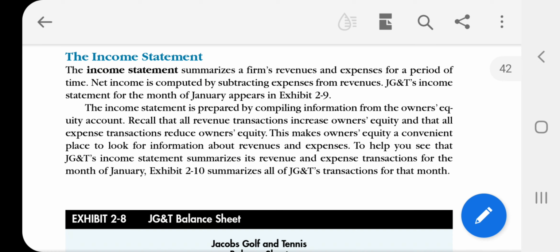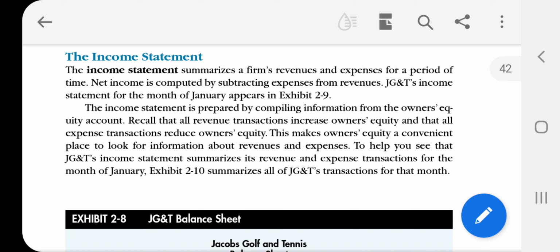Recall that all revenue transactions increase owner's equity, and that all expense transactions reduce owner's equity. This makes owner's equity a convenient place to look for information about revenues and expenses. So one more time, we'll take all the information from the owner's equity account, and based on it